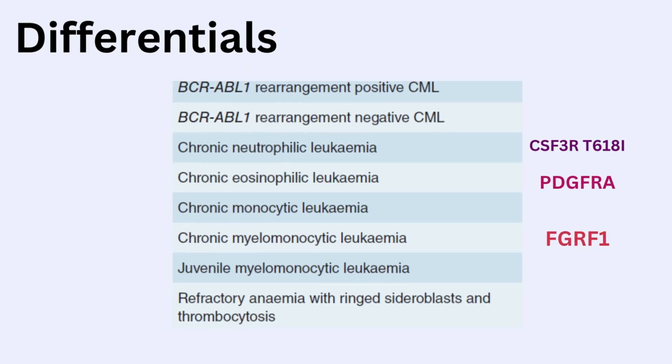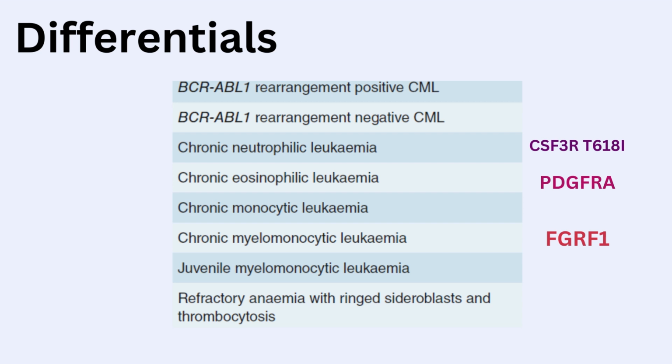The differentials you might consider here may be BCR-ABL negative CML, and in those cases you need to be ruling out other causes of myeloproliferative neoplasms like polycythemia vera and essential thrombocythemia. Based on your bone marrow findings, you could think about chronic neutrophilic leukemia, which is very rare, again with a blast count less than 5%, and you might look for specific mutations such as CSF3R,